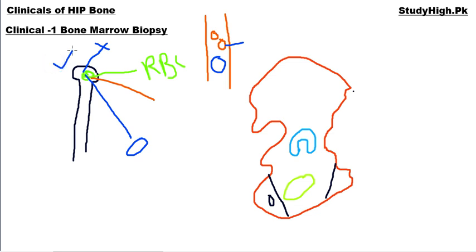So for this, you need to extract this bone marrow from the body and examine it outside the body. From which bone? If someone asks you, as you are going to become a doctors, from which bone can you extract the bone marrow for diagnosis of anemia, leukemia, etc.? The most common site for obtaining bone marrow is your pelvic bone or hip bone. So what is the process by which you can extract the bone marrow from the hip bone?